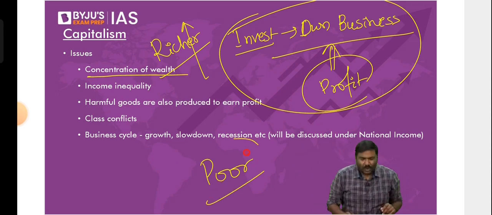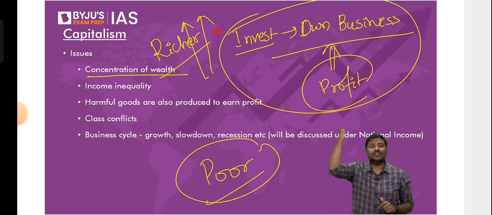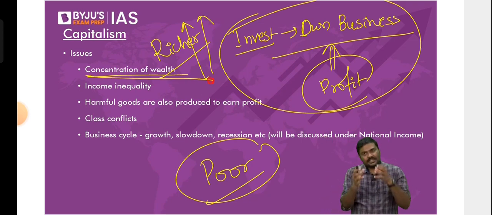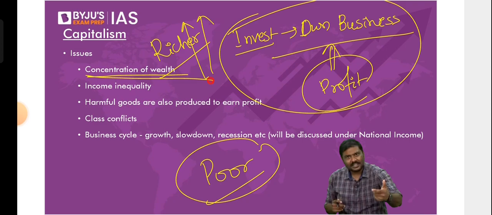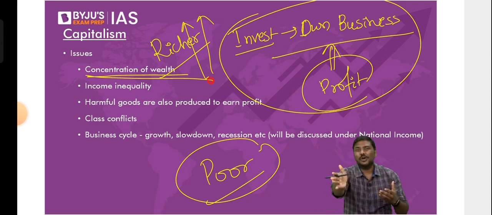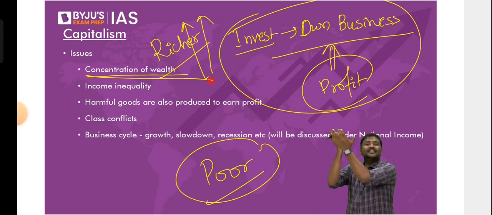But is it okay if I say that people who are poor will continue to remain poor? People who are already rich will become much richer. That happens because, please understand this, in capitalism certain people have a lot of money, they will invest, they will start a business, and they will keep on taking the profits to themselves. They will not give the profits to poor people. They'll keep on taking the profits away, and that will increase their income, their wealth will increase.